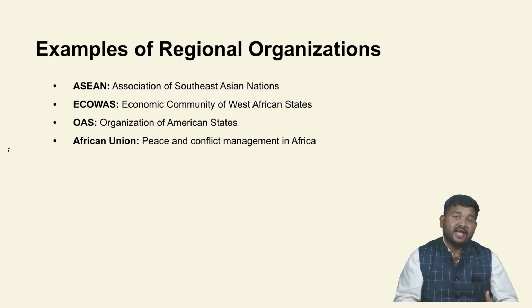ECOWAS has been active in mediating and sometimes intervening in conflict in West Africa, including in Liberia and Sierra Leone, often combining diplomatic efforts with regional military forces. ASEAN in Southeast Asia emphasizes consensus and non-interference, but still provides a forum for dialogue, confidence building measures, and sometimes regional codes of conduct, even where their successes are mixed or partial. These examples show how regionalism becomes a practical arena for conflict management, rooted in functional cooperation and institutional framework.